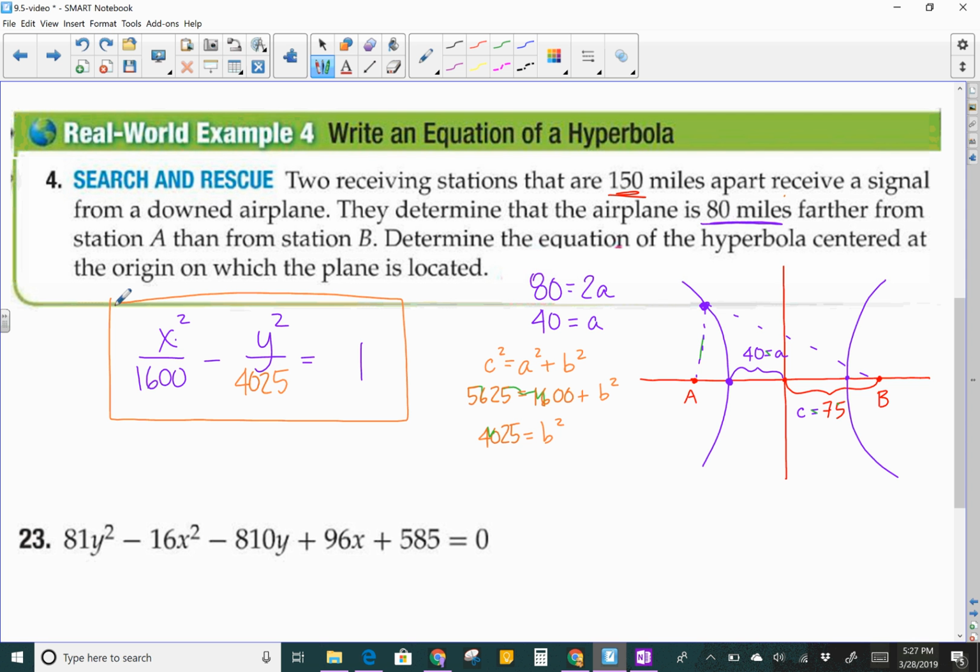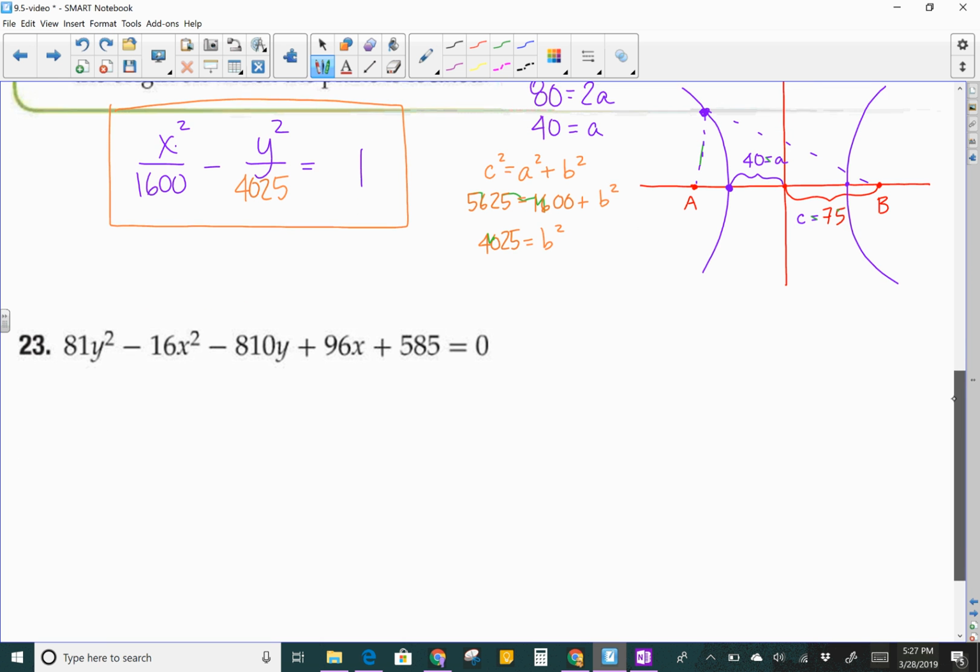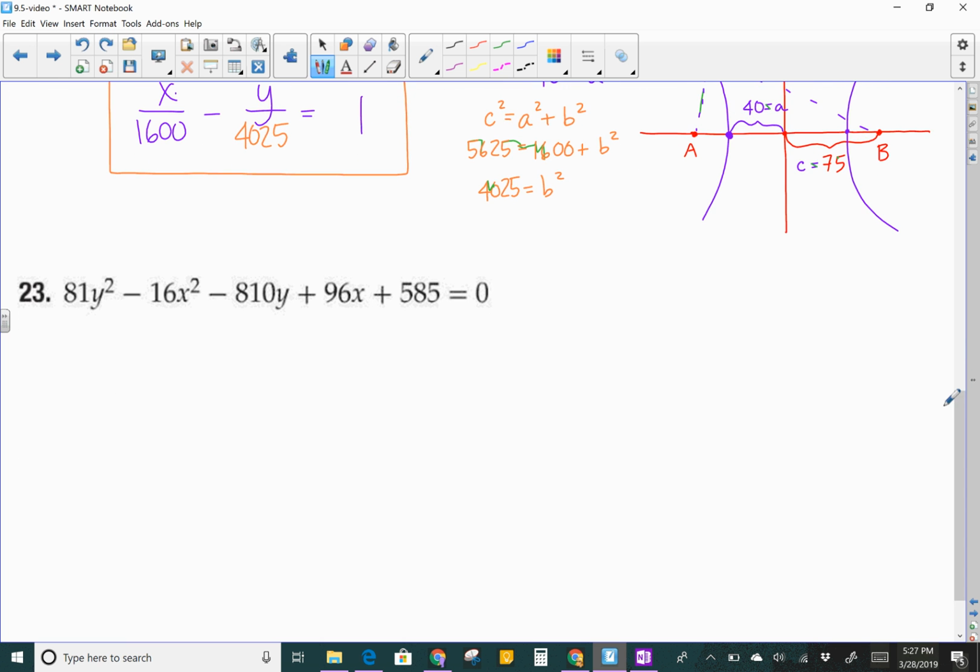Okay? So the last thing I want to do is complete the square, because people tend to get tripped up when there's some extra negatives involved. So I'm going to put this equation in standard form, and it is similar to what you would have to do on a lesson check. So I want to make sure you get to practice in your homework. Okay, so I'm keeping the one that's positive first. No sense in changing it around. The standard form of a hyperbola has it first. Okay, so 81, but remember the coefficient of my square term has to be 1. So I'm factoring out that 81. And 81 goes into 810 10 times,